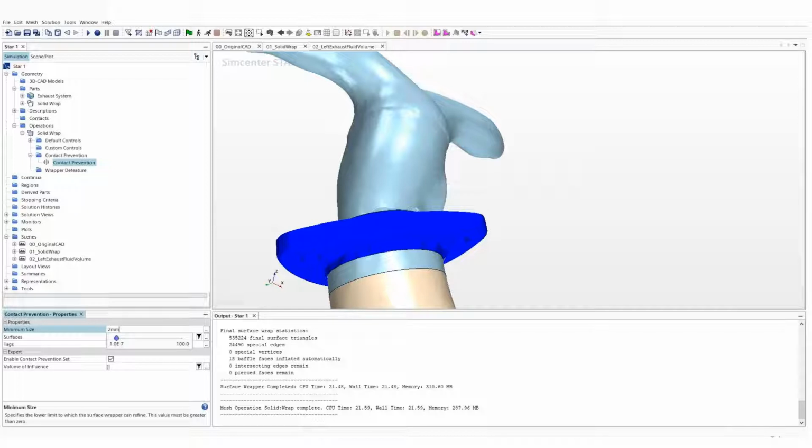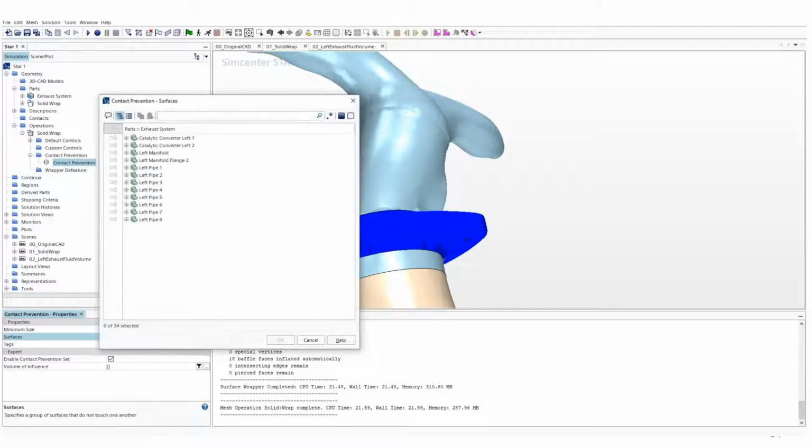The minimum size means any surface deformity or gap lesser than 2 mm is going to be ignored, and any surface greater than 2 mm is going to be captured with a lot more detail. So let's specify contact prevention between the flange and the manifold,